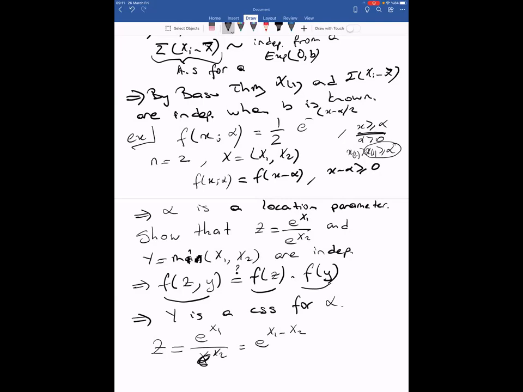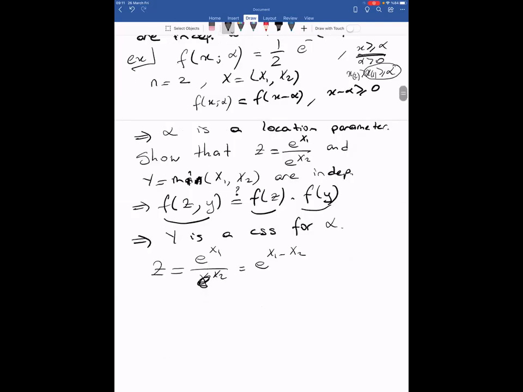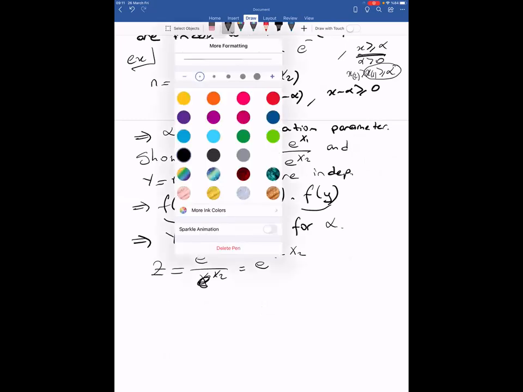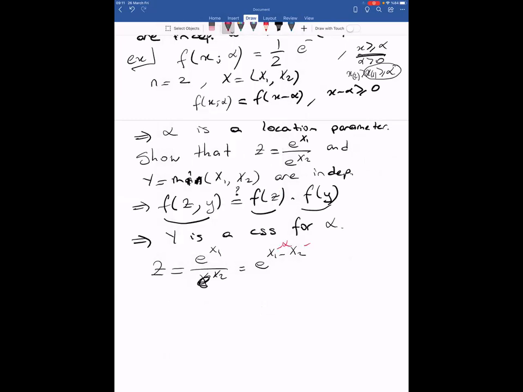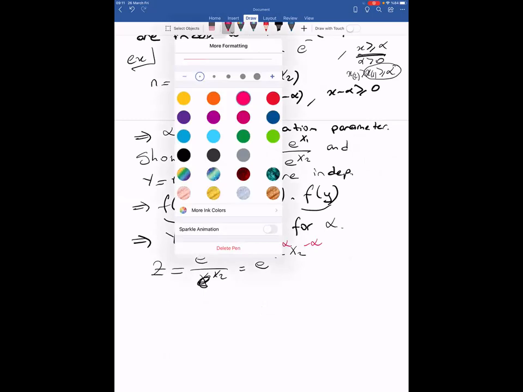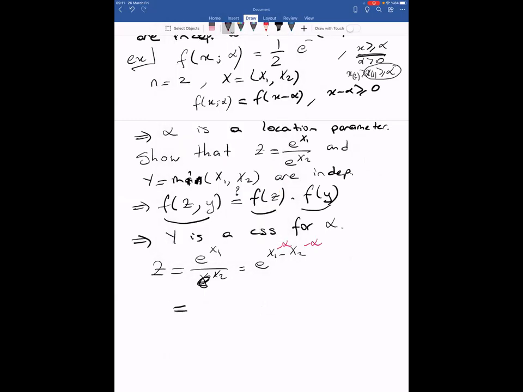Then if you consider that and subtract alpha from both sides, we have e to the x1 minus alpha and e to the x2 minus alpha. So this means that, using the fact that we have a location type family and alpha is a location parameter,